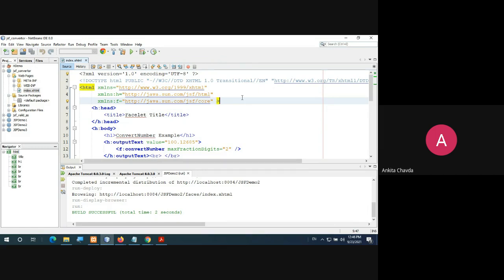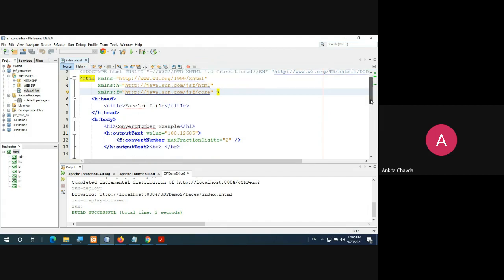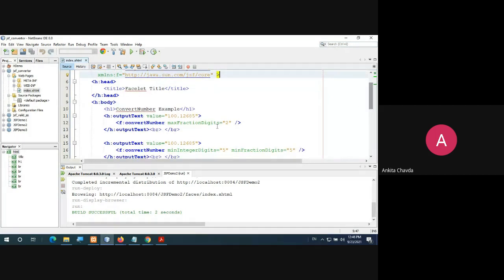So this is the converter example, where you are writing this output text with value equals 100.12685, but I want the max fraction digits equals 2. So it will only show me the 2 digits, okay? And you can simply close this. This is just the introduction of various tags, that's it.